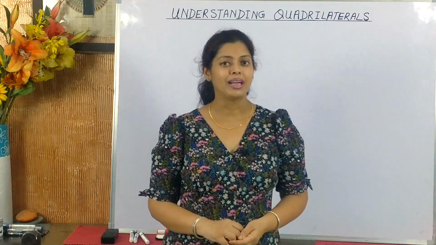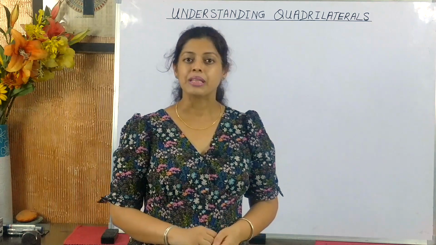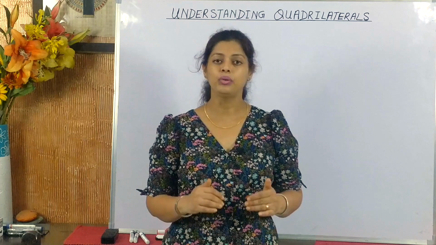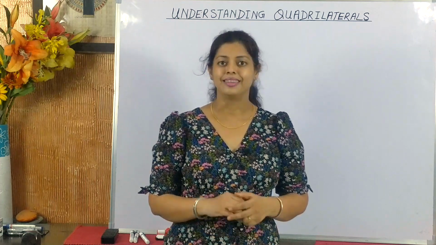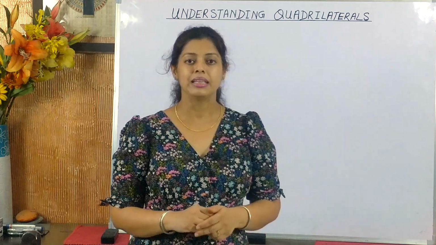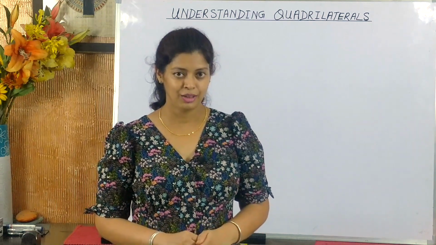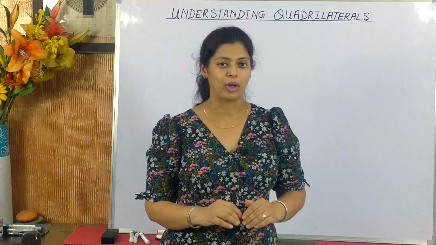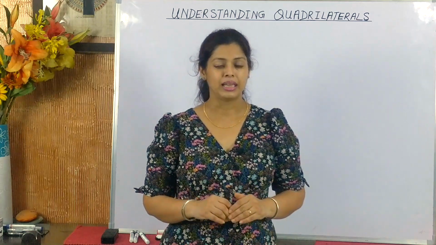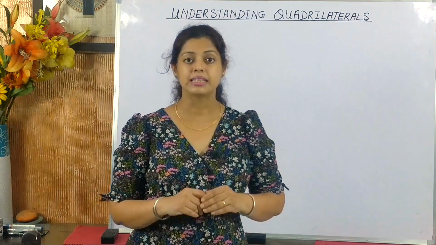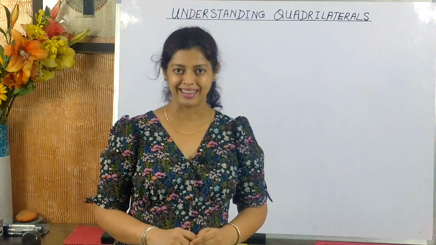Now, since quadrilateral is a polygon, we must first understand what polygons are before going in detail into quadrilaterals. And the definition of polygon is, it is a simple closed curve made up of line segments. So, to understand this definition of polygon, we must first understand what is a curve and what we mean by a simple closed curve mathematically.